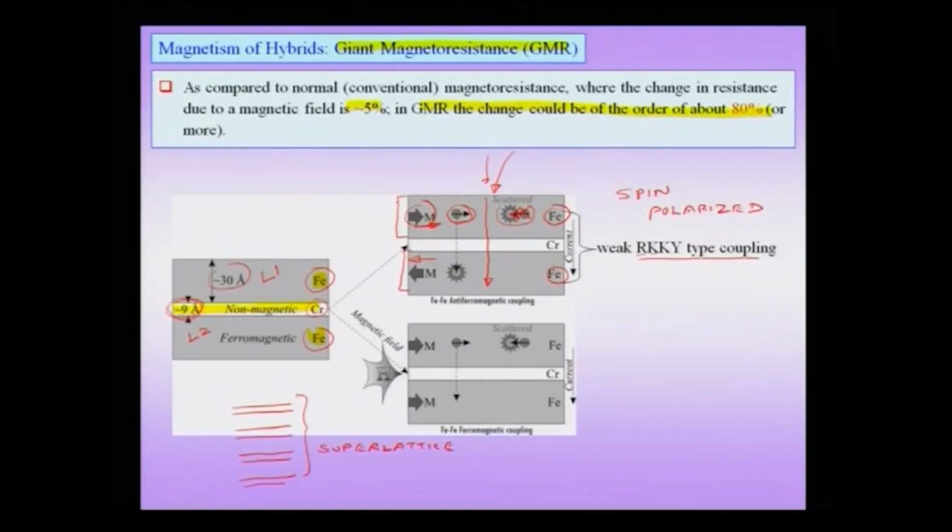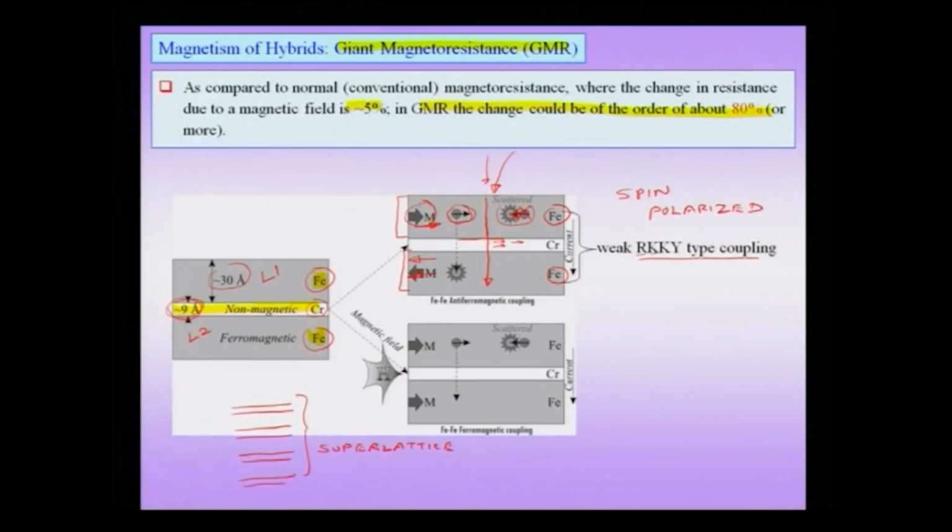Therefore, you have resistance arising from that, and when the charges cross this interface and come to the chromium layer, you have a spin polarized current in which all the spins are pointing towards the right direction, which is the direction of magnetization in layer 1. And as I pointed out, this chromium layer is thin enough such that it is smaller than the spin diffusion length. That means when it goes to layer number 2, you have another magnetic layer, but unfortunately, the magnetization in this magnetic layer is in the opposite direction with respect to the first one. That means there will be a strong spin dependent scattering in the second layer.